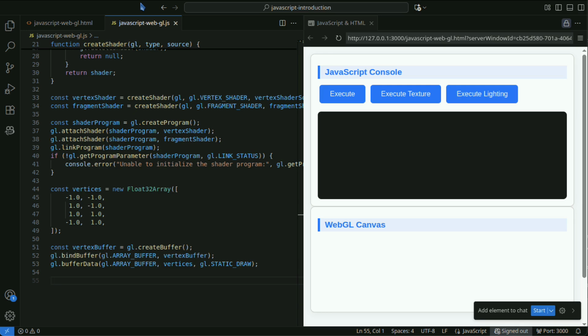Finally, have WebGL perform the actual rendering using the shaders and data. Configure the WebGL rendering pipeline correctly and issue draw commands to the GPU. Here, we clear the background to black and draw a red rectangle using the defined vertex data and shader program.